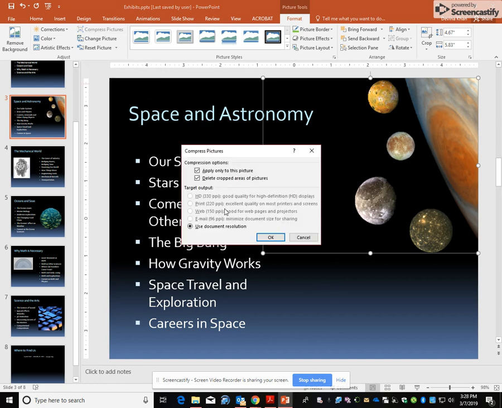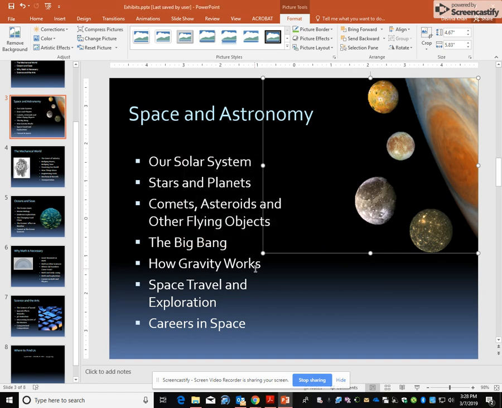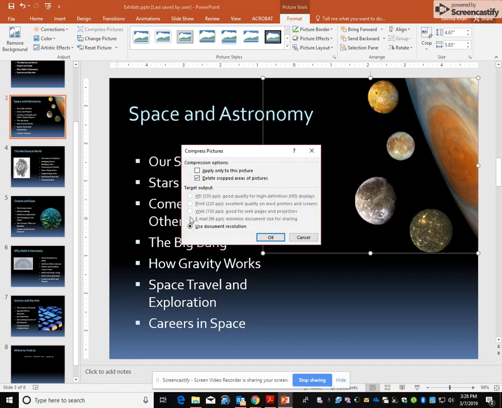Now this dialog box should appear. And you want to click Email 96 PPI. You want to apply only to this picture, and you want to click the Email 96 PPI option. All right. Click OK. And then what should come up